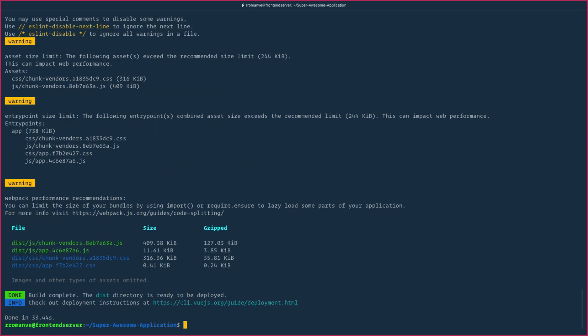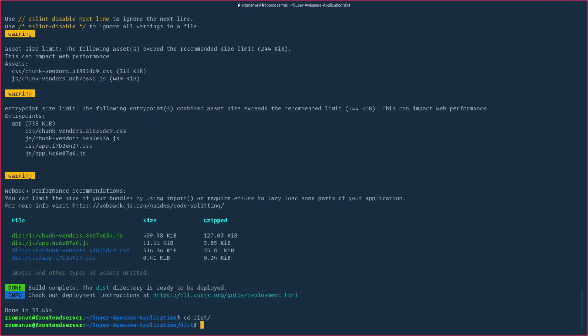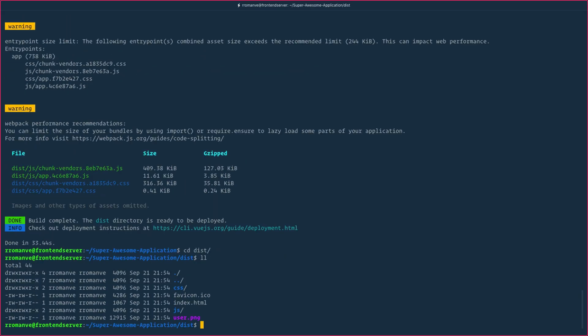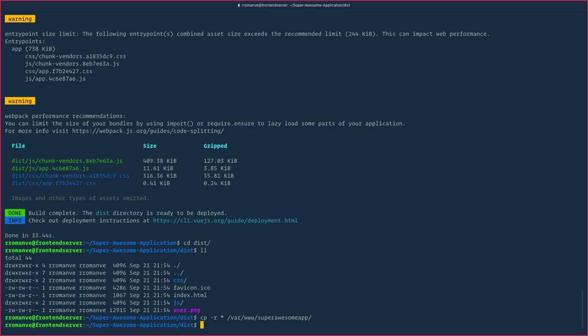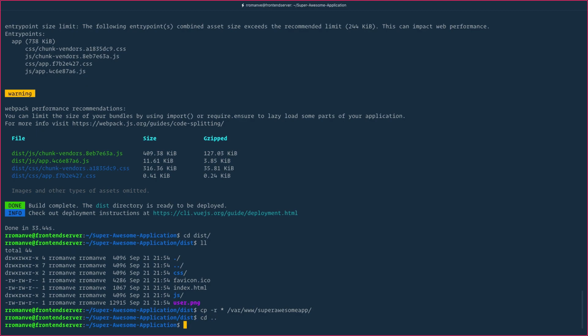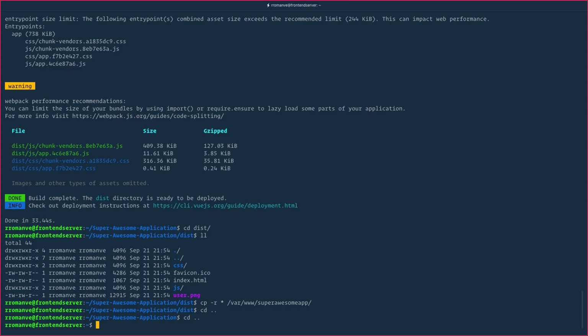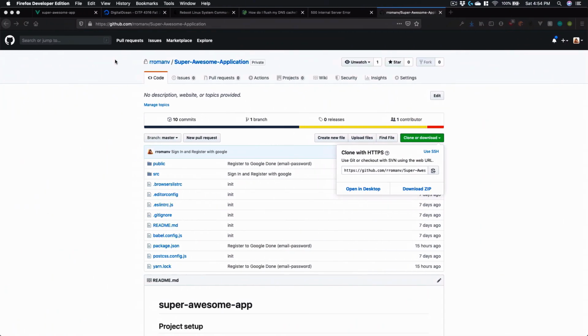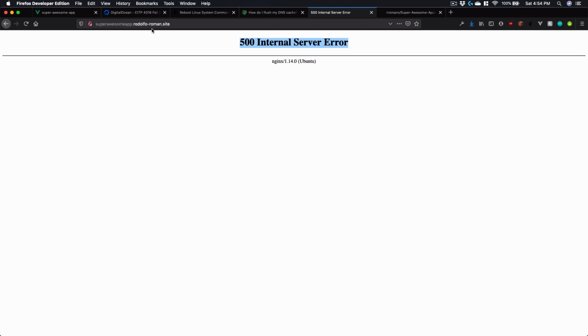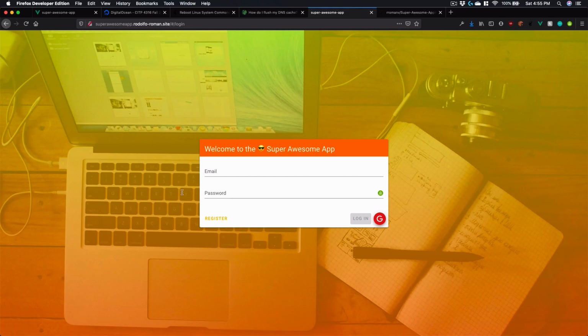So now the application is built, I go to my distribution folder and I will copy recursively everything to var www super awesome app. Perfect. So the last step is going to be actually, you know what? Let me go back here. So we have super awesome app without the file. If we refresh, now we have our application,